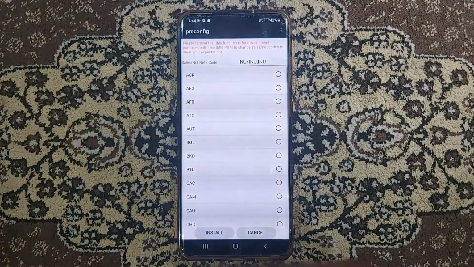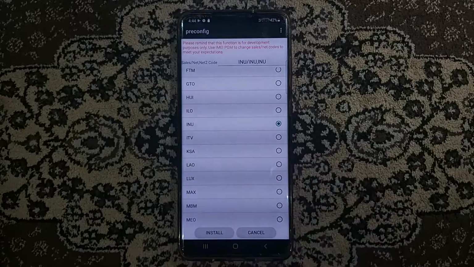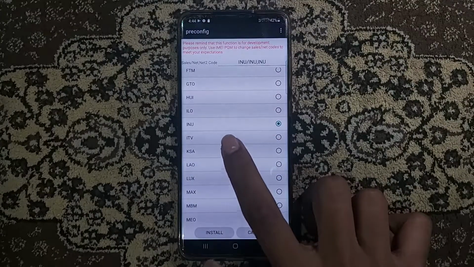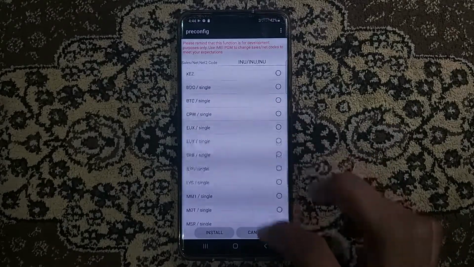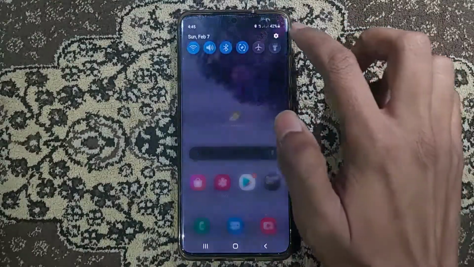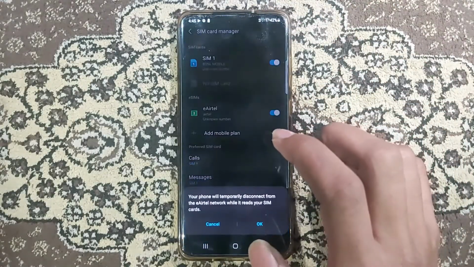As you can see, pre-configuration has come back, and you can see INU in it. So I am in INU, so I can change to any other CSCs also, but no need to do so because we already have the eSIM option enabled in this itself.